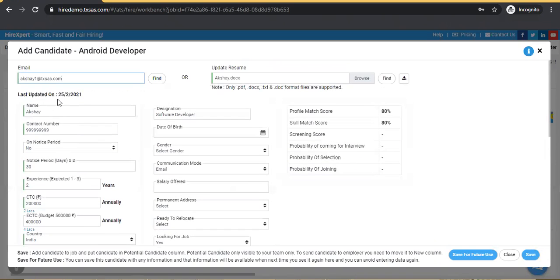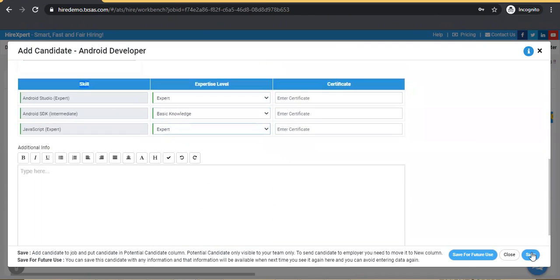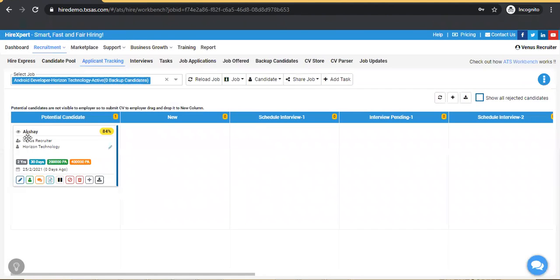Below in the candidate card, you will see skills section. These are the same skills which are required for the job opening created by employer. User has to answer this section, so user can always check with candidate what level of expertise they possess in the skills and if they have certificates for those skills or not, and mark the same information in application. After entering all information, user has to click on submit button and the candidate will be added to job.